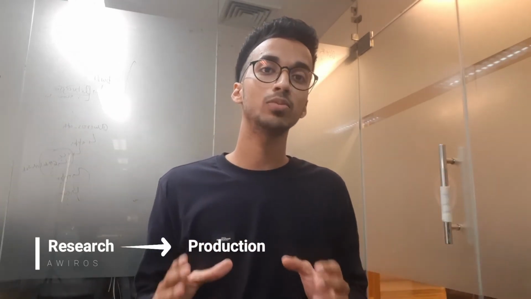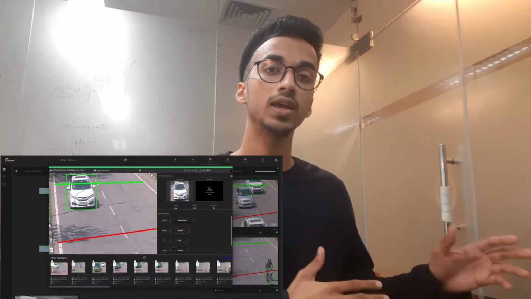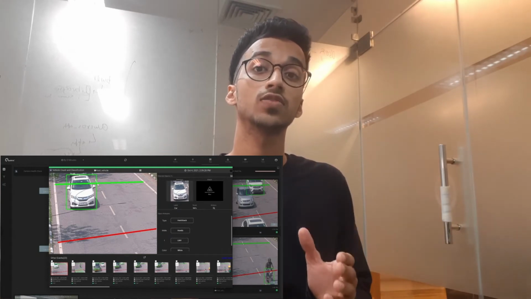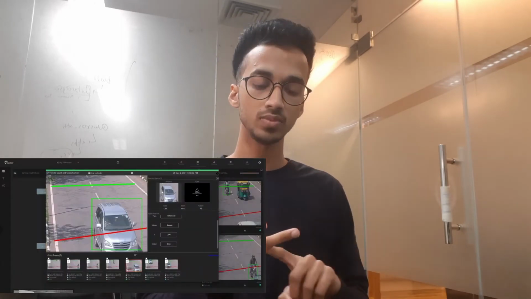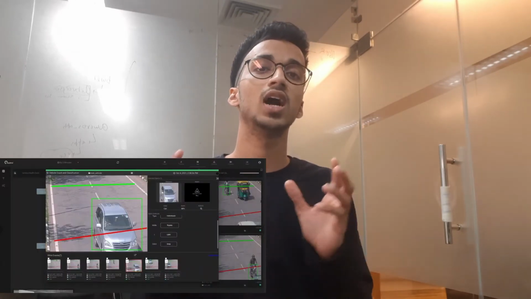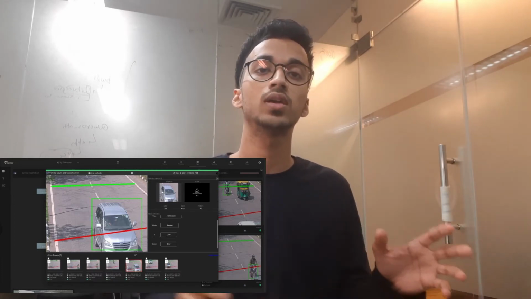The application that I'm talking about, which is vehicle attribute classification, does a few things. It identifies vehicles in any particular image and classifies certain characteristics of it, like what is the label of that vehicle, let's say a car, truck, or bike. It further goes on to classify attributes like what is the color of the vehicle, what is the company or make of that vehicle, what is the vehicle type, is it a heavy motor vehicle, is it a light motor vehicle, and a few other characteristics as well.